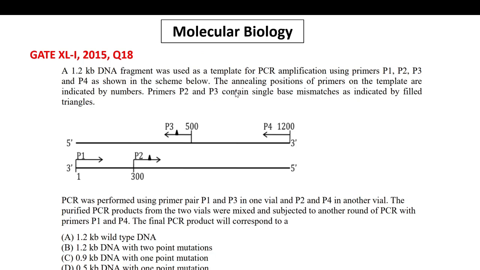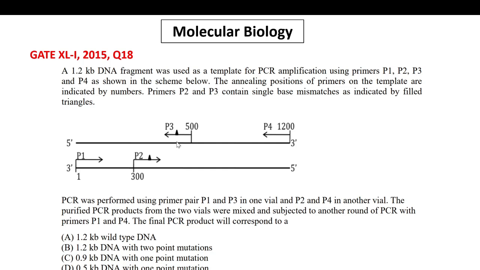Then what they are asking: the annealing positions of primers in the template are indicated by numbers. So these annealing positions at which the primers are being annealed are indicated by numbers, as I discussed. Primers P2 and P3 contain single base mismatches, as indicated by filled triangles. So what is there in these two primers is that if there is a single nucleotide mismatch,